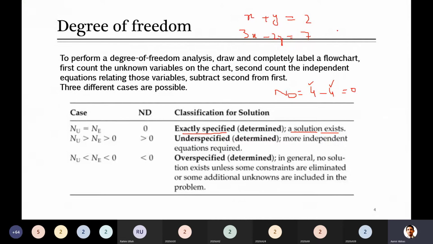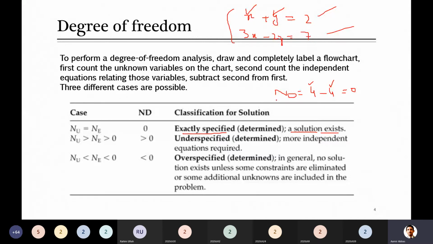You will solve it either by the method of elimination or the method of subtraction or addition of these equations, and at the end of the day you can find the value of x and y. This is simple algebra which you studied. So when I am looking for x and y, x is one variable, y is another variable, and my variables are two unknowns, and I have two equations, one equation and a second equation. When I have these two equations and two unknowns, then I can find the solution.